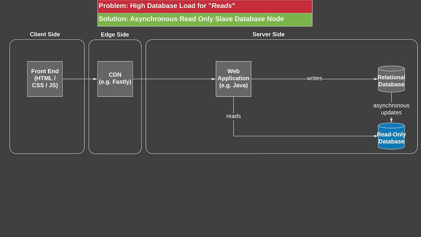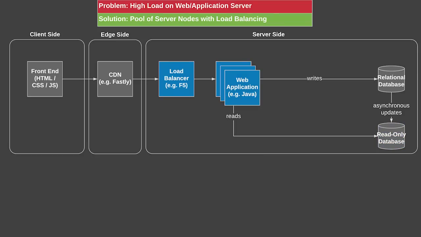Once you've resolved that issue, you're likely to encounter another issue around scaling, and that's the web application itself. So the load on your server, which is processing all the requests, retrieving data from the database, putting it together in a particular form, and creating the web pages, that's going to be too high based on the other optimizations that you've done. Now you have more traffic coming through, and the bottleneck is likely to be that.